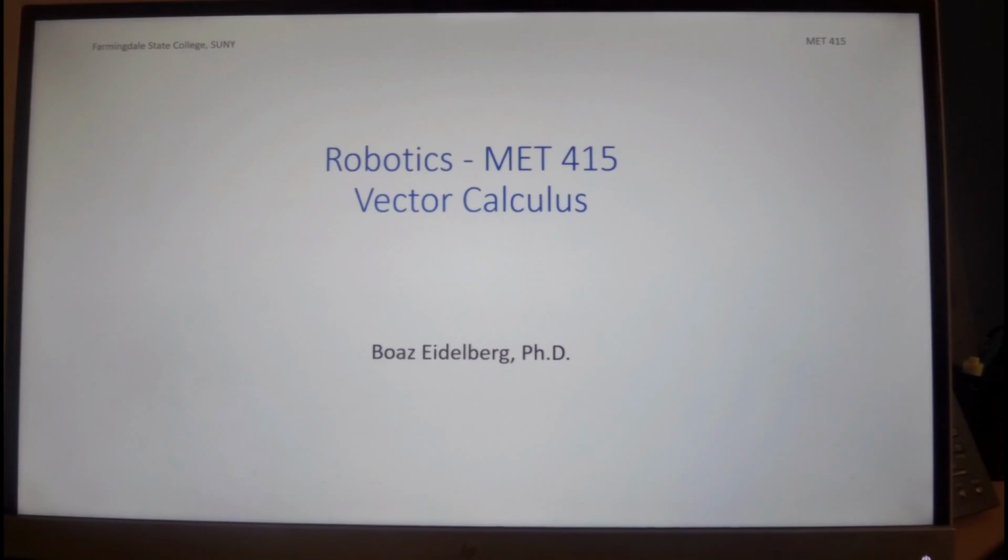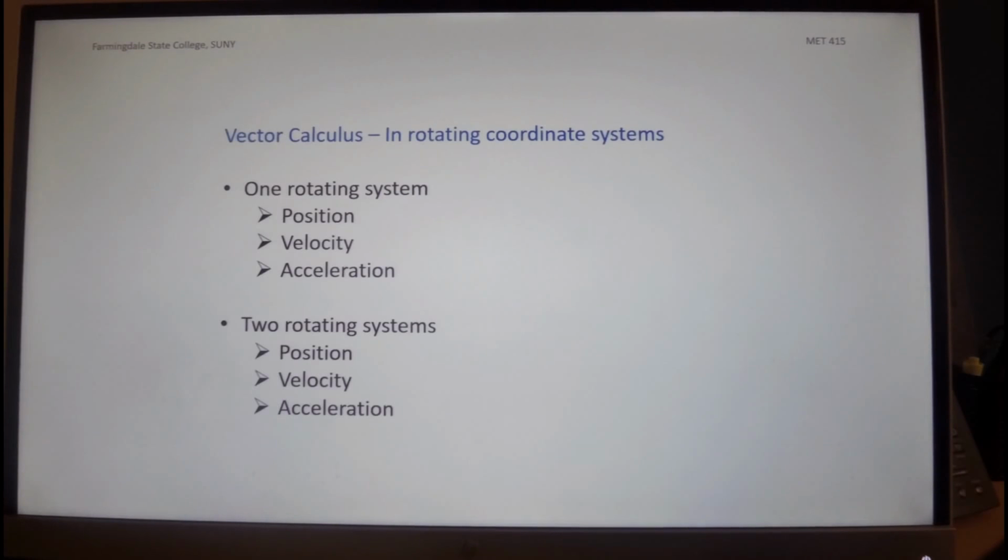Good afternoon. This is Boaz Heidelberg, and our discussion in this presentation is vector calculus. We will take a look at the rotating system and how we represent position, velocity, and acceleration in this system. And we also move then to two rotating systems and see how the representation is done in a more complex